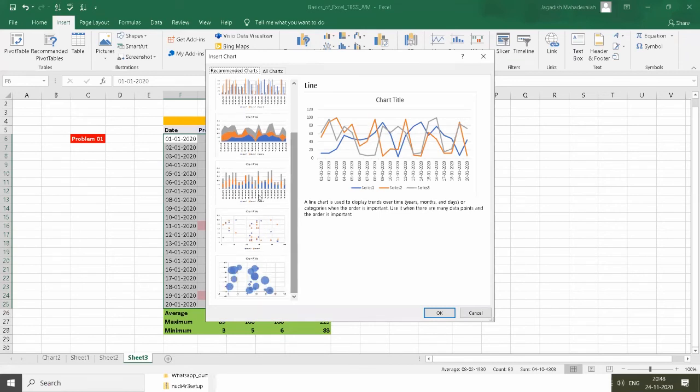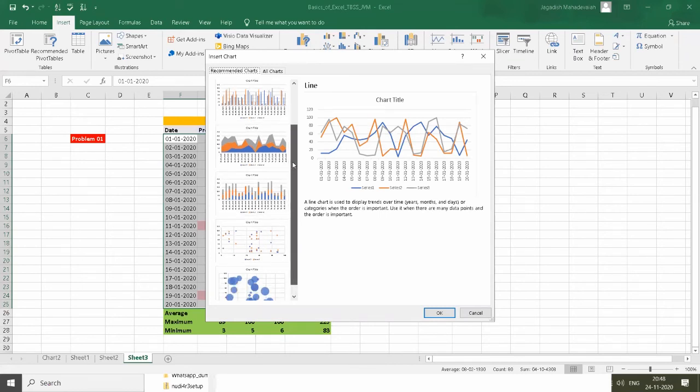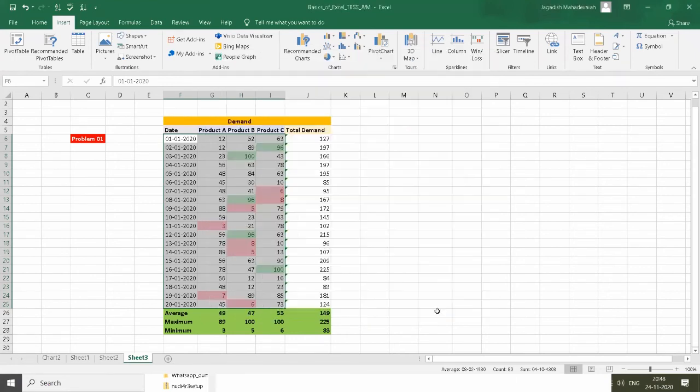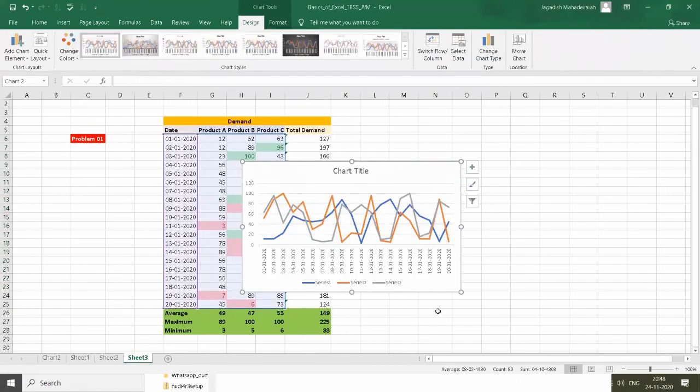Okay, I go for this one. Line graph. Then click OK. Finished. Okay, I got the graph.